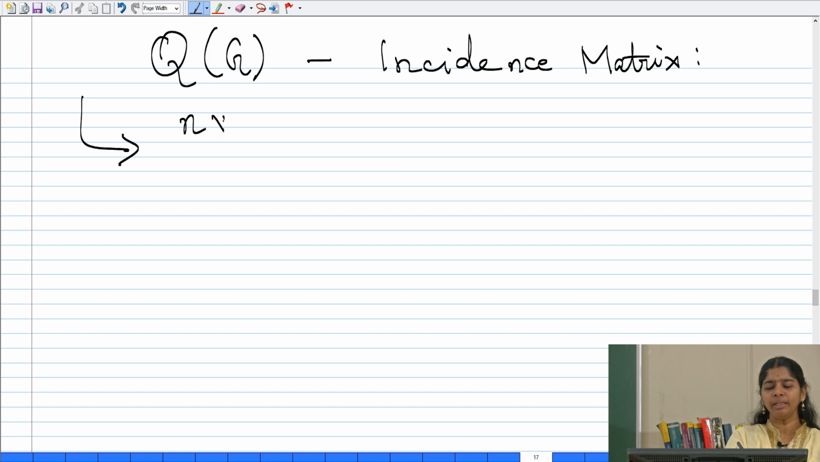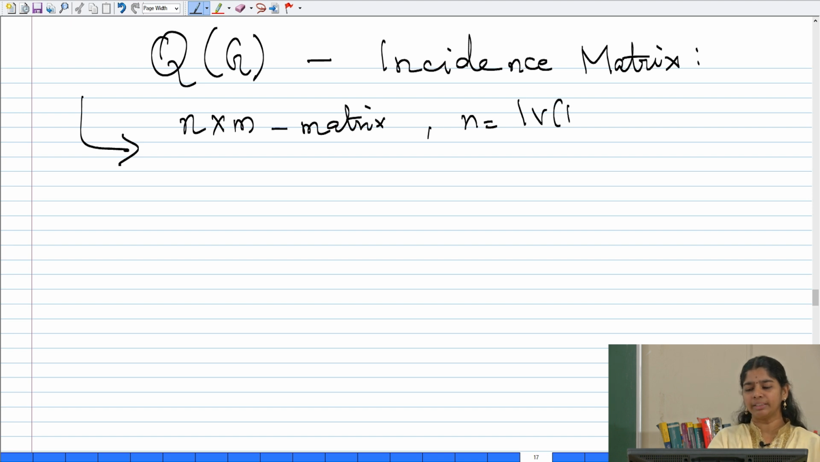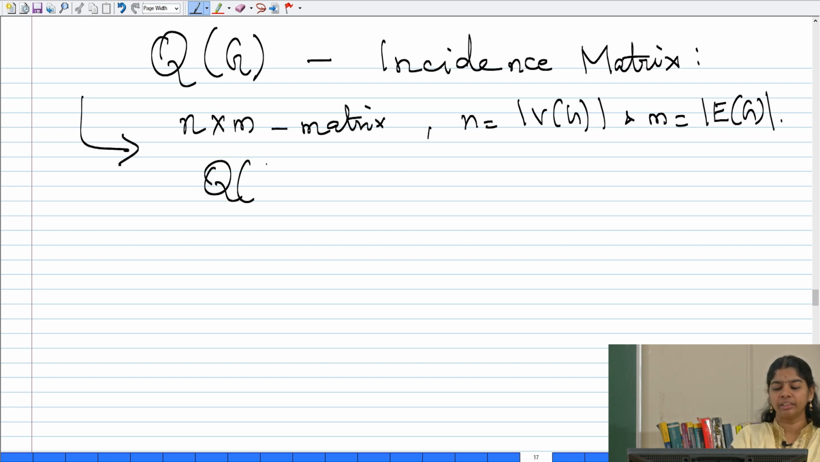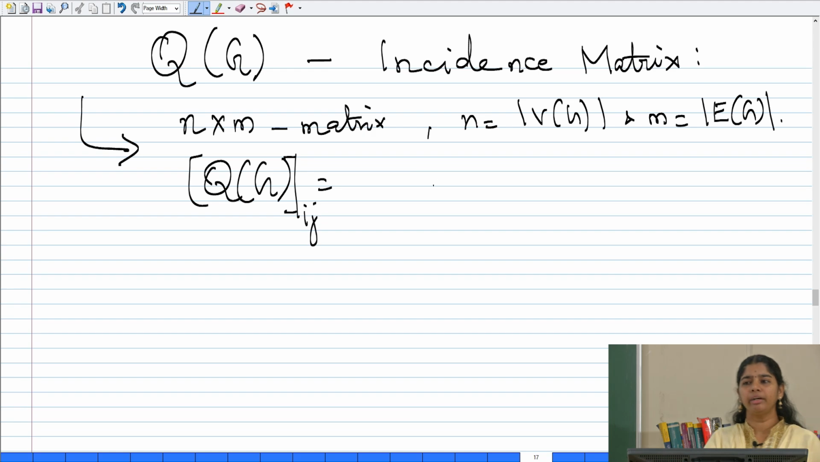So it is nothing but an n cross m matrix, where n is the number of vertices and m is going to be the number of edges. So how do we define the entries? Any ijth entry, if I look at it in this matrix, is going to be defined as